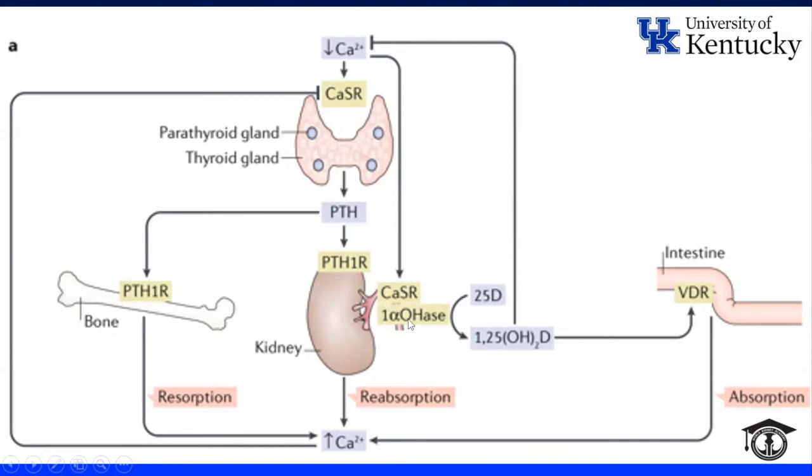So what happens is higher PTH will stimulate the conversion of 25 to 1,25 vitamin D, which will increase calcium and phosphate absorption in the gut. So indirectly, PTH can affect the gut, but it doesn't have a direct effect. Its effect on the gut is through activation of vitamin D, the 1,25, by activating the 1-alpha hydroxylase enzyme.